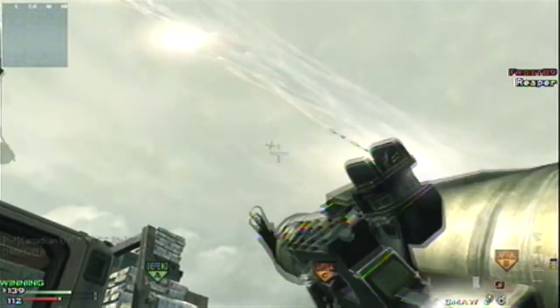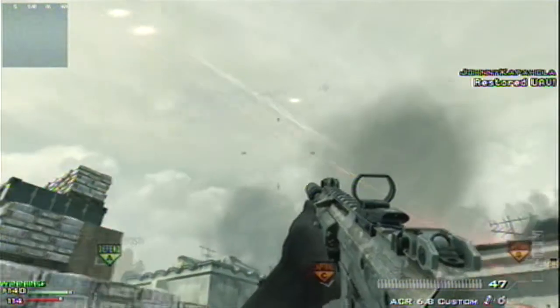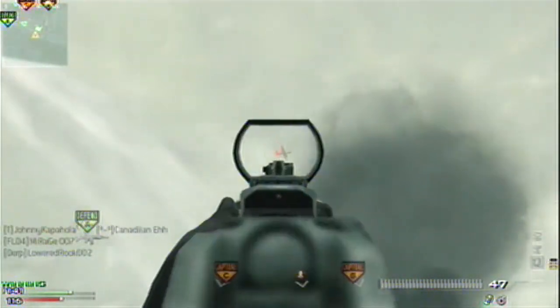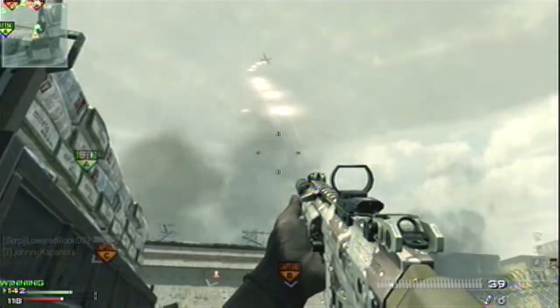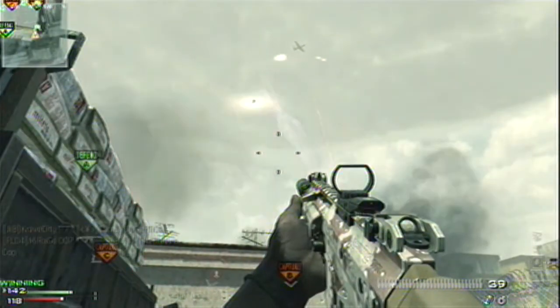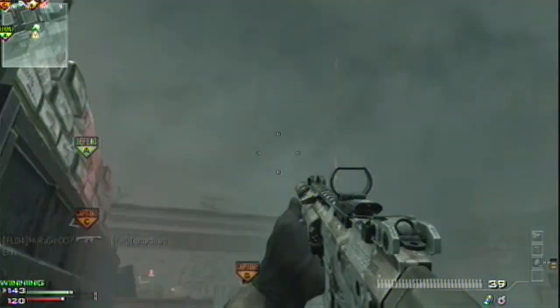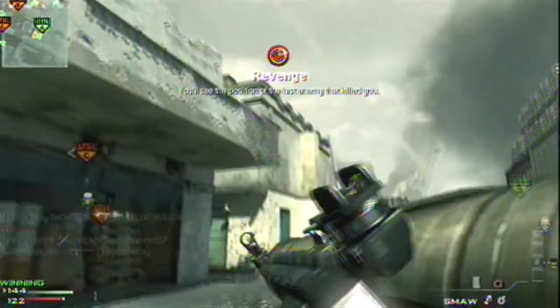Along with things like the airdrop traps. If somebody has an airdrop trap out and you think it's going to be a regular care package, if it's glowing red, it's definitely a trap. So, running Sitrep can be quite a help. If you're not running Sitrep, my advice to you would be run